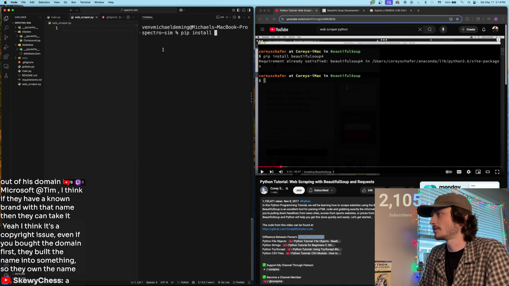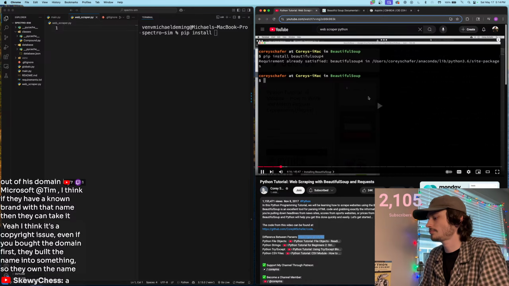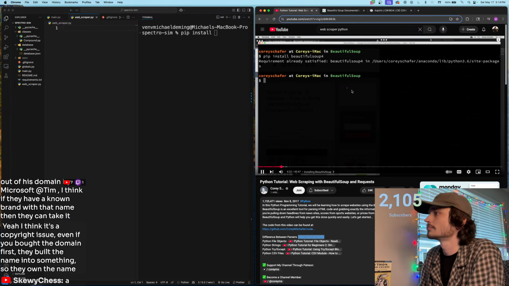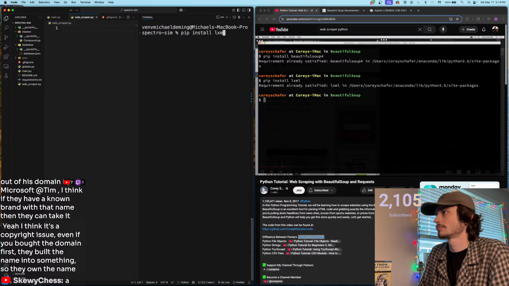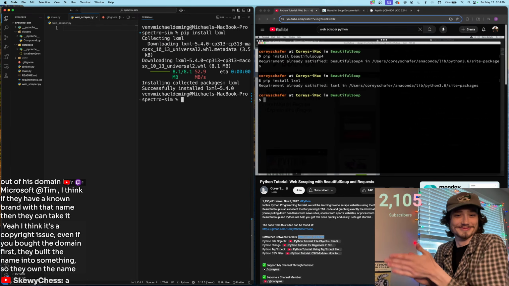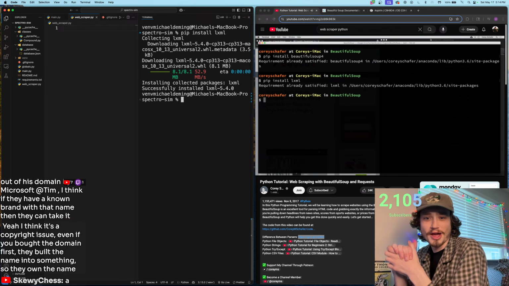Okay, pip install lxml. With the parsers and the parser installed, we can install it with lxml. So if we run that, I already have that installed, but yours will install if you don't already have that. If you want the HTML5 lib parser,